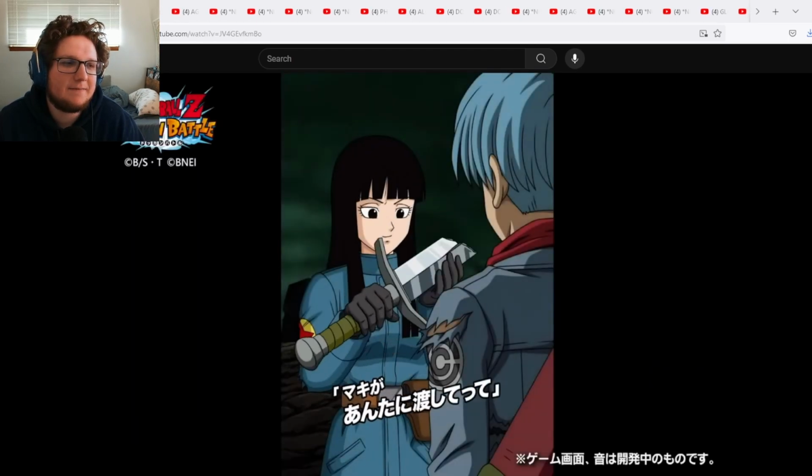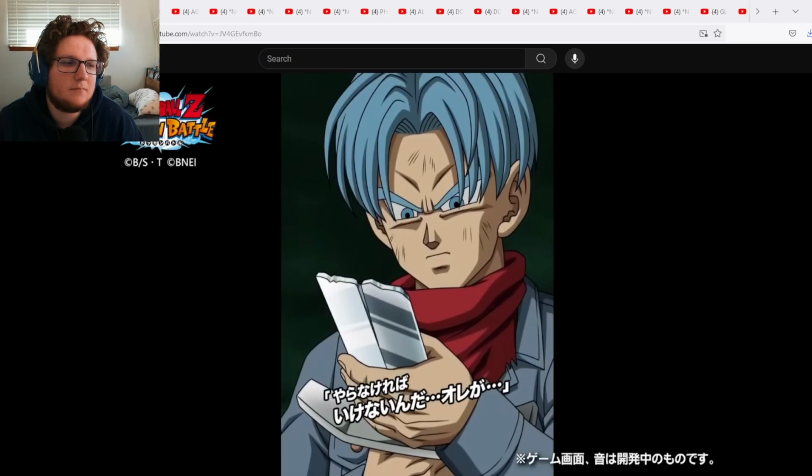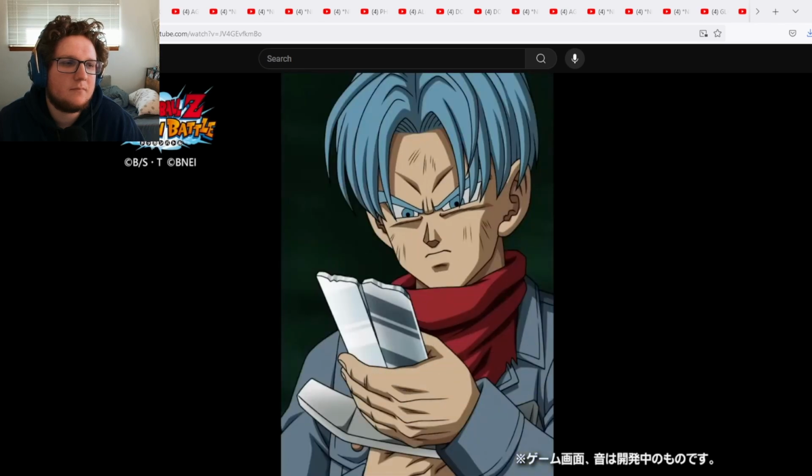マキがあんたに渡してって。やらなければいけないんだ。俺がこの世界に生きる人間として。